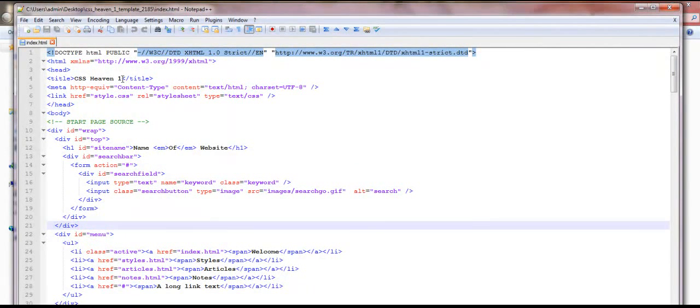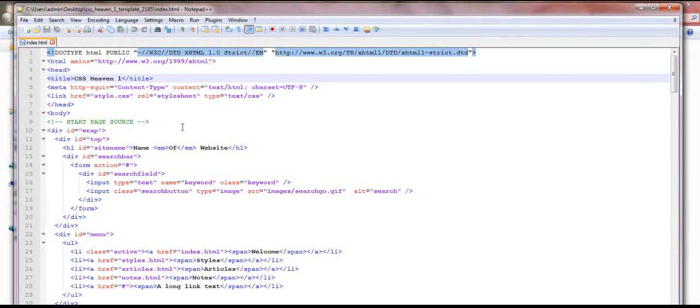First we would like to edit this template into our HTML web page. Starting with the title of the page, put it as Tech Help.